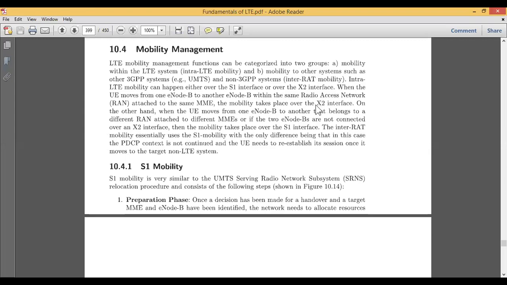So for LTE to operate in the X2 interface, it should be within the same radio access. This is more important. On the other hand, when you move from one node to another node that belongs to a different mobility management entity, not connected to the same radio access, then that mobility falls under the S1 interface.